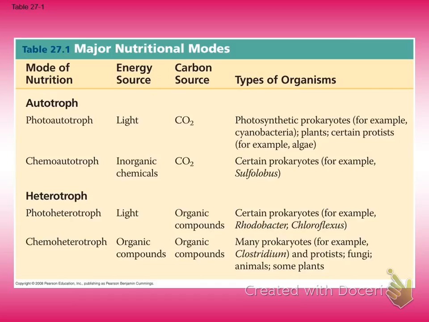Heterotrophs, these are photoheterotrophs, which need light and organic compounds to live on. The rotifers and the coliforms are important for those. The chemoheterotrophs require organic compounds like food. You throw some food out on the ground, that's an organic compound. Clostridium is one of them, and Proteus. Some fungi are pretty good at this. There are lots of fungi in this world, and they're pretty fun guys.